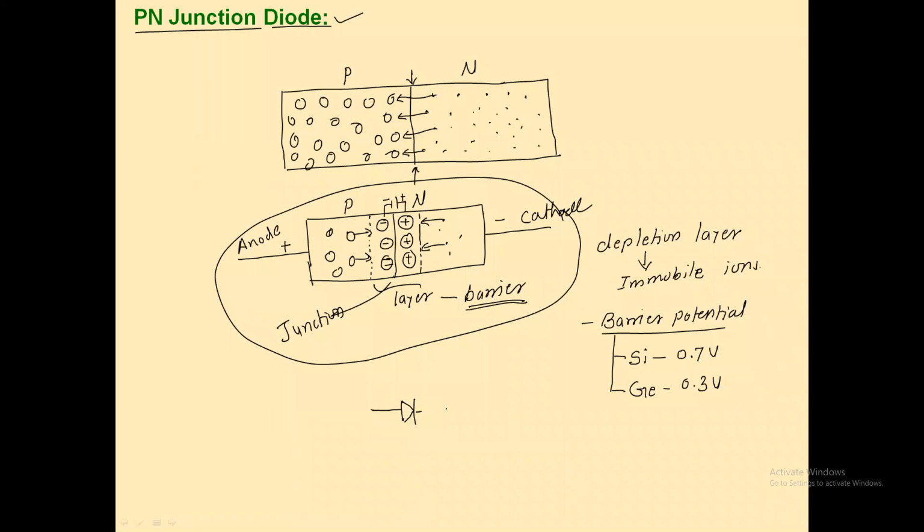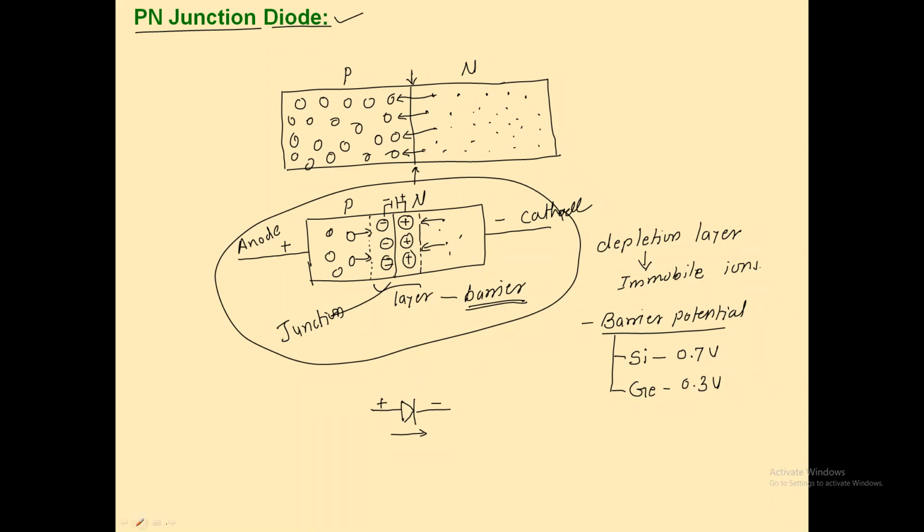and this bar. This arrow indicates that the current can flow in the PN junction diode only in this direction. Means the PN junction diode will conduct current only in one direction. This arrow represents the P region, so the arrow is the positive terminal and this bar is the negative terminal. So these are the polarities of the PN junction diode. This is the theory behind the PN junction diode.